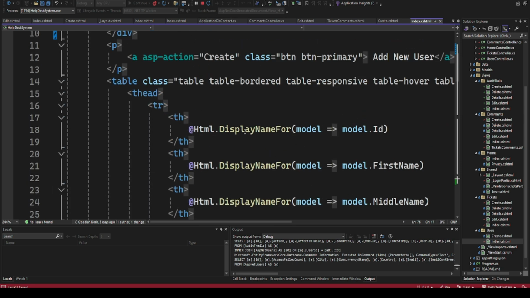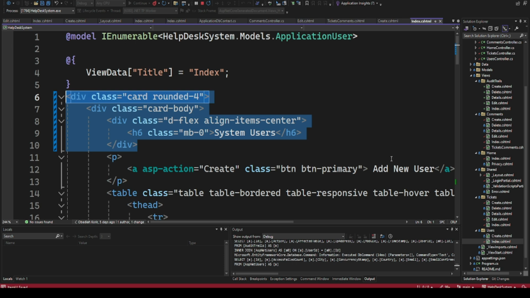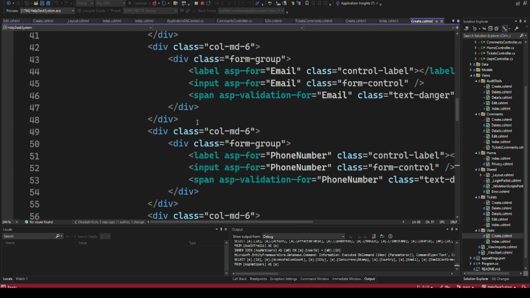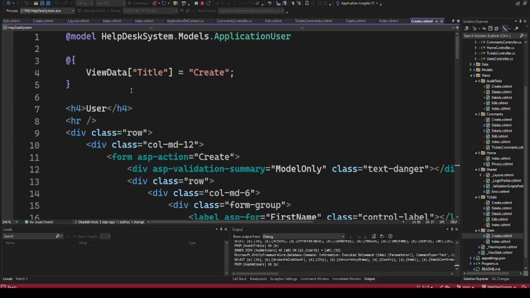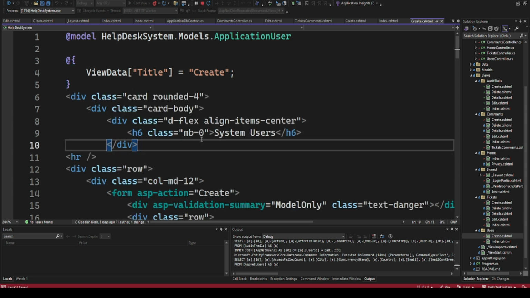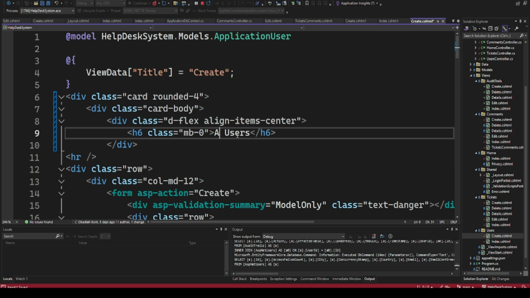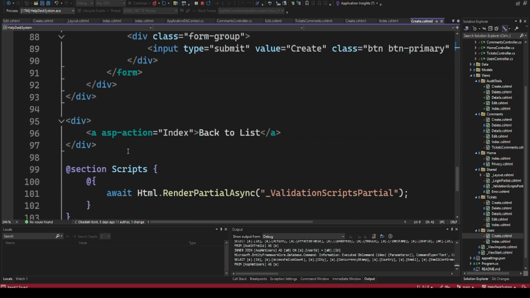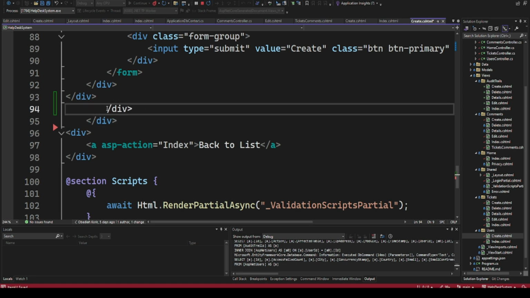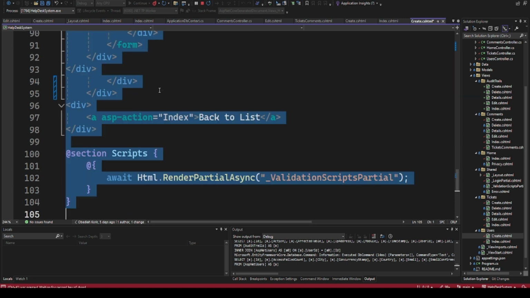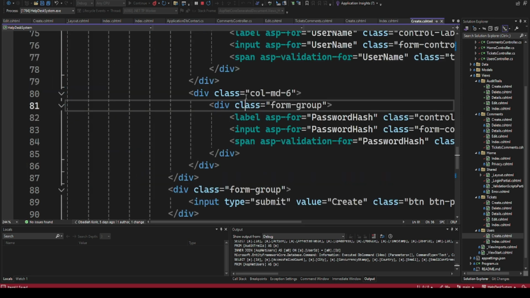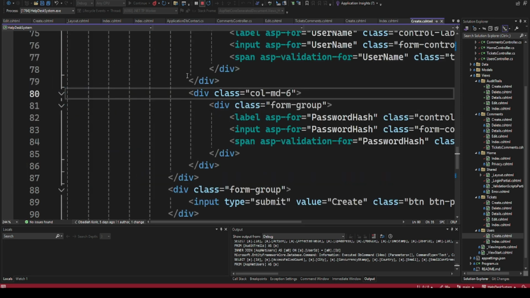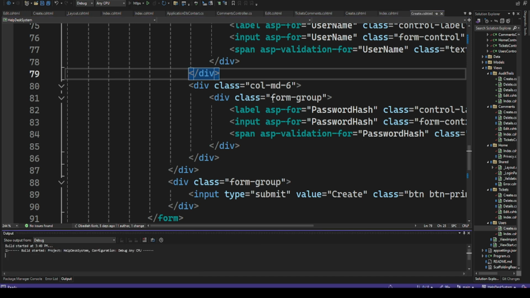So the same thing for the add form. So that is the create form. I'm going to add this here. Then I'll paste this here. Then you can say this is add new user. So if we do that, then I'm going to update it here. Then just do that. So there we go. So if we launch our project again, then we should be able to see now our form,